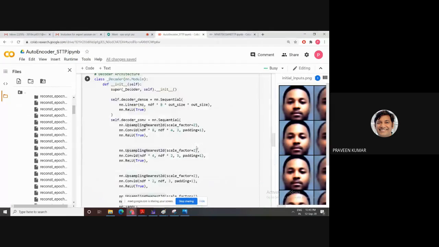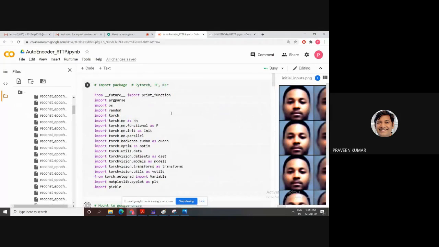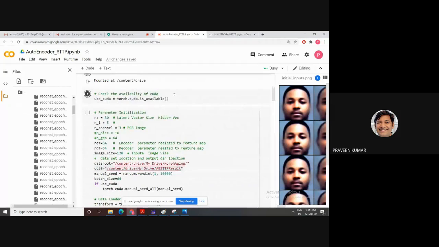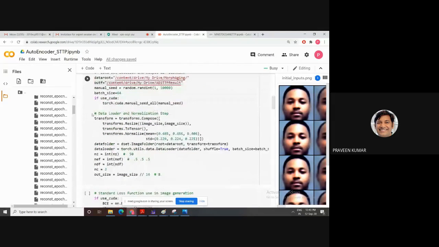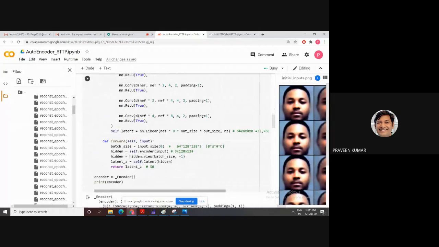I'm repeating it again because this concept is very important if you go for generative adversarial networks. First you import your libraries, then mount Google Drive, then move your parameters to CUDA, then the input. This is standard; if you search on the net you usually find image, tensor and normalization. Then you give the location of your root directory, then normalization is performed. Then batch size, shuffle where required, and not required for the last one. Then after that the loss function, then your encoder architecture.